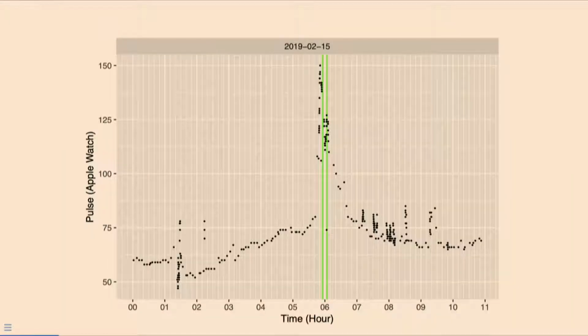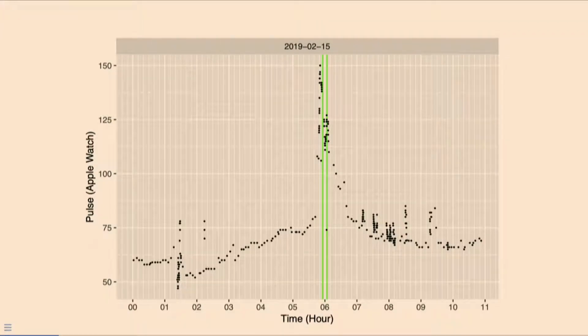And I also know ggplot. And I did this chart. This is the very chart that I took with me to my doctor a couple of days later. It's not a very fancy chart. The vertical axis shows my pulse. The horizontal axis is the time of day. 0 is midnight.